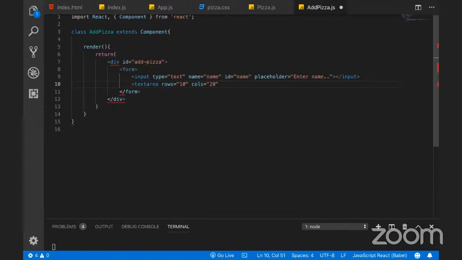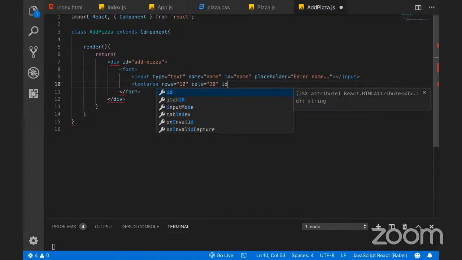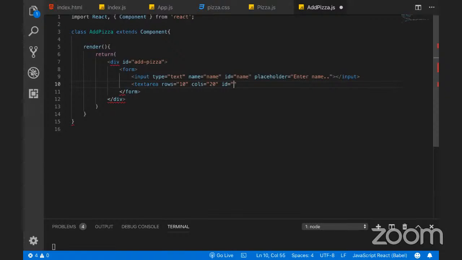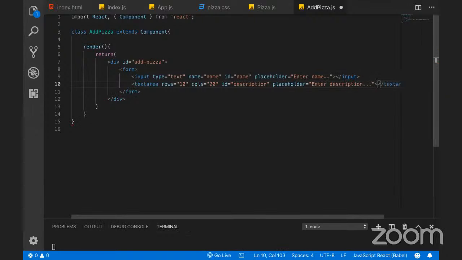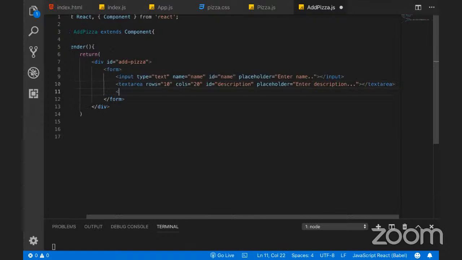Okay, and I will ID this as description. Placeholder saying enter description. So ये दो चीजें हैं, dot dot dot, this creates a text area, और एक input button रखते हैं, which will look very odd, styling हम लोग कर सकते हैं बाद में, but अभी के लिए